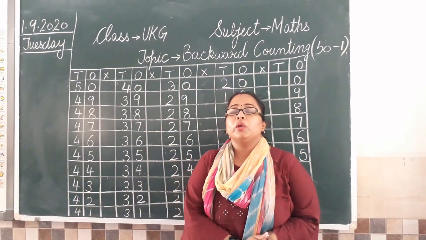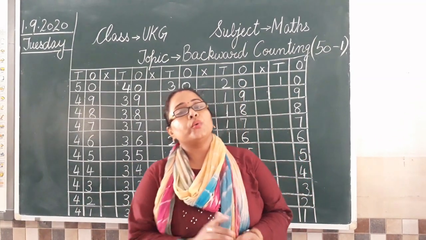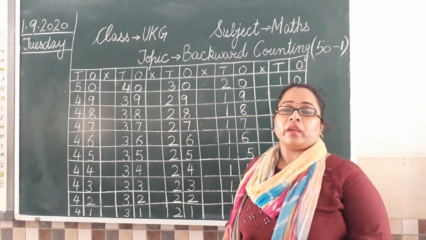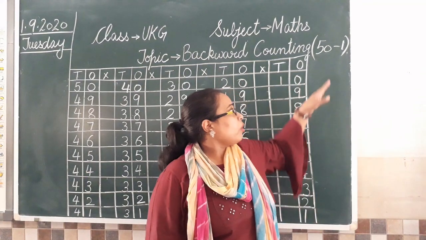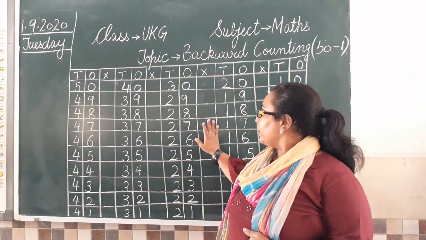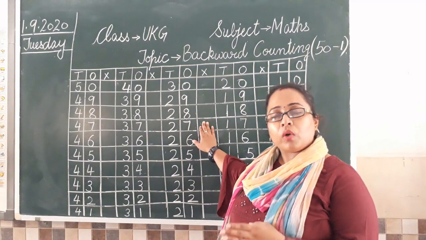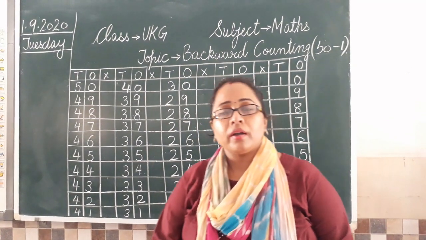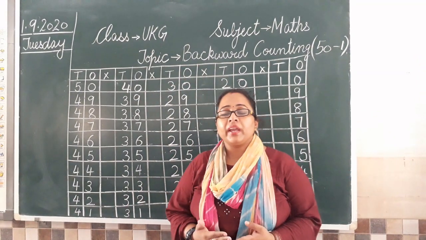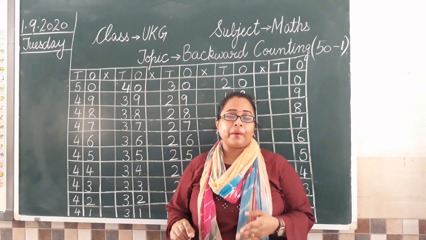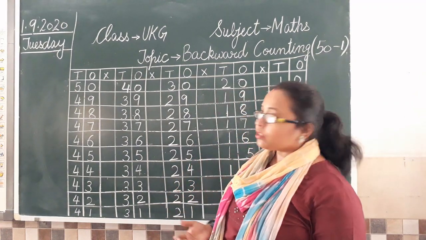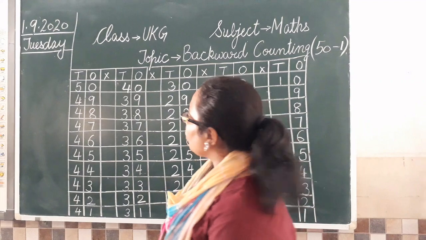So class, I hope that you have understood how we are going to do your today's maths work. So today we have revised the topic of backward counting from 50 to 0, or you can say from 50 to 1. Clear all? So after this, you have to write your classwork once and your homework once. As I told you, finish your work. Please do oral revision also of this counting. Clear? Don't forget that you should not only practice writing the counting, you should also know how to speak it. Let's do it once again. Clear? We are all going to do together.